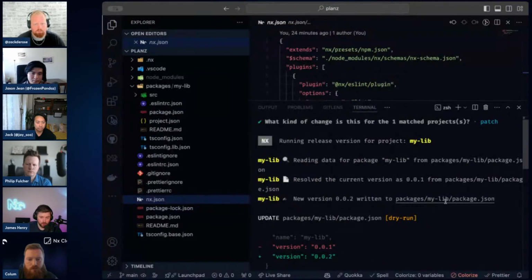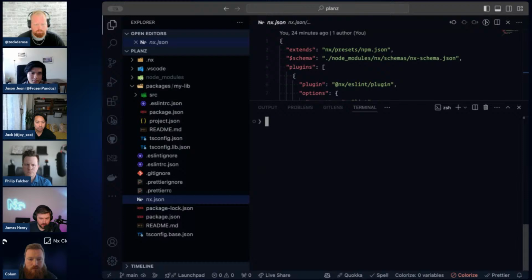There's nothing wrong with this approach. This is one approach to versioning. NX release for a long time now has supported another way to version, which is to get the source of truth from your Git commit data itself. So many of you might well use conventional commit standards. This involves committing messages based on saying like, I developed a feature, therefore I'm going to say feat: and give a description. I might say an optional scope. So here I might say feat(mylib): awesome feature was built, kind of thing.